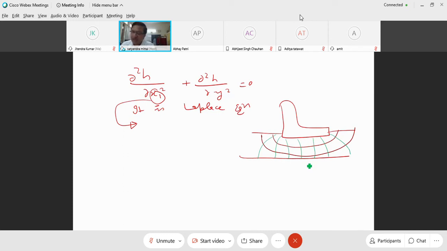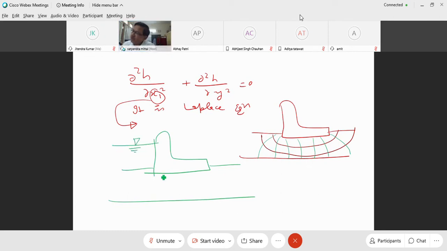But now the modified flow net for this case shall be, say this is the cutoff wall, or it may or may not be there, doesn't matter. The only thing is that because we are obliged to modify it back to x,